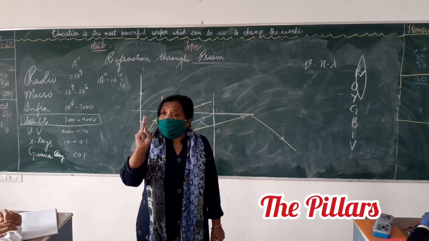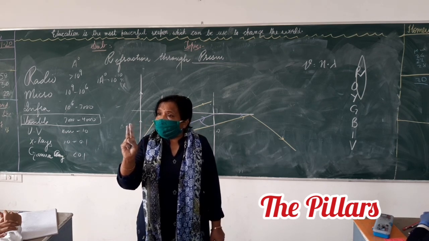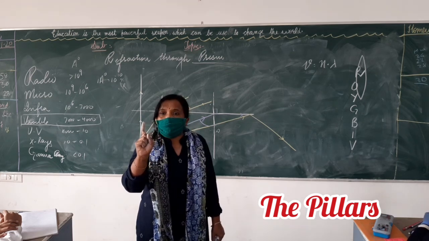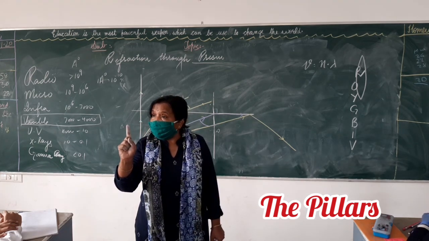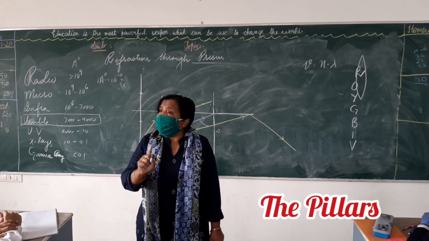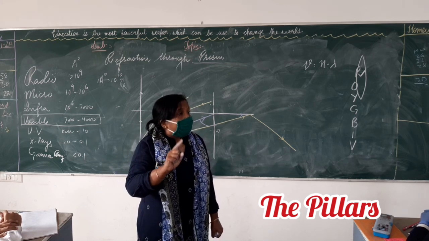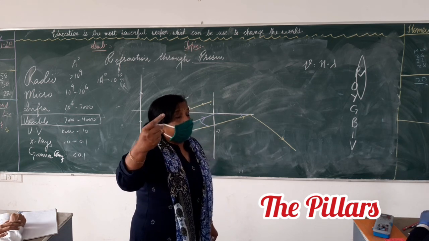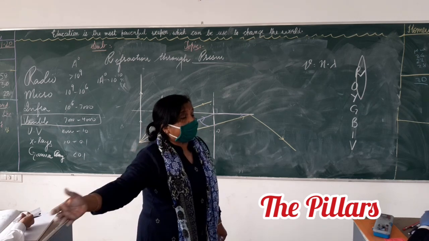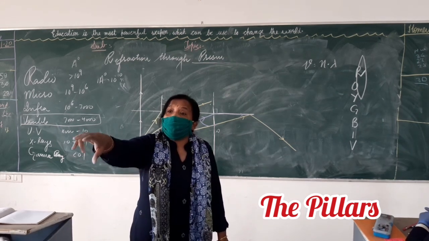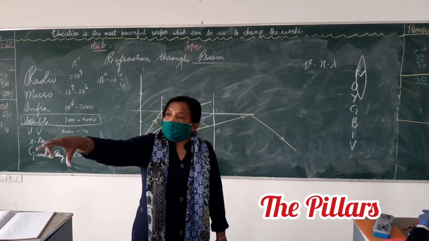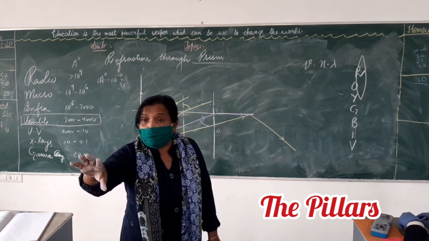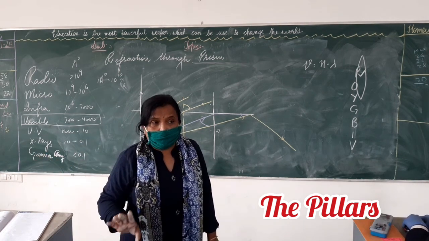As we increase the angle of incidence, the angle of refraction also increases. For a particular value of angle of incidence, the refracted ray grazes along the interface. This angle of incidence is called the critical angle. If the angle of incidence is more than the critical angle, then what will happen? Instead of getting refracted in the second medium, it gets reflected in the same medium. This is called total internal reflection. Then this has to do a lot with the formation of rainbow. That is why I told you this. Okay.